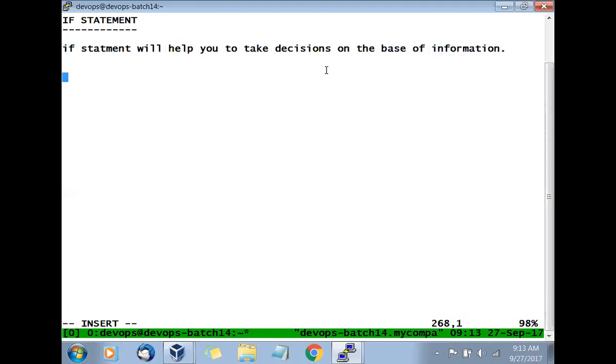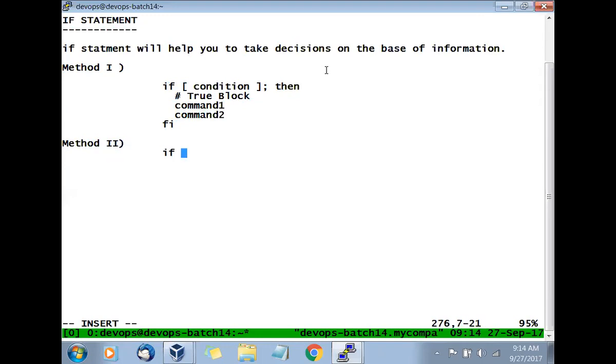Now there are three different methods or styles you can go with. So method one. First is the if, then you will go with the bracket and then say condition, and if the condition is true, we'll go with the true block. We'll go with command one, command two, and so on, and then you will go with the end of the command.